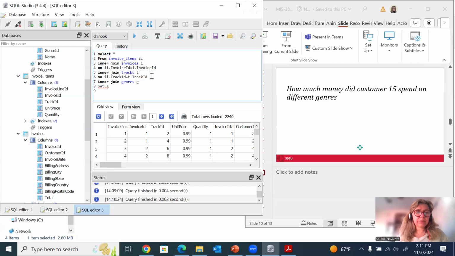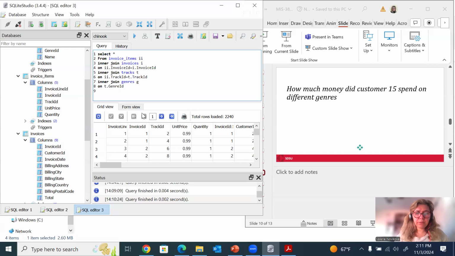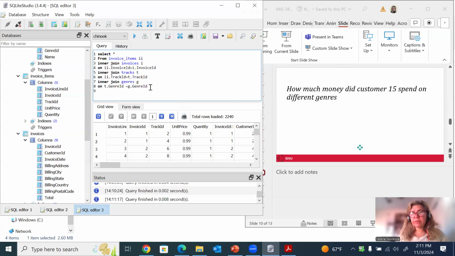Track dot genre ID equal to genre ID. Right, let's execute that. Okay, so we get some data. Now, we have a condition. We need to get this data